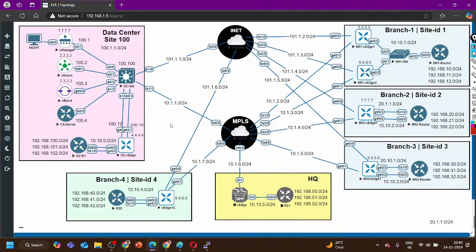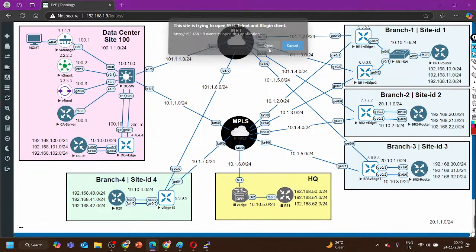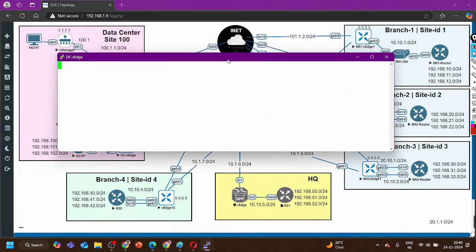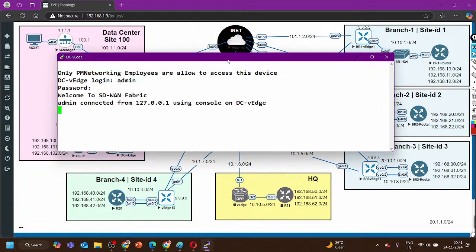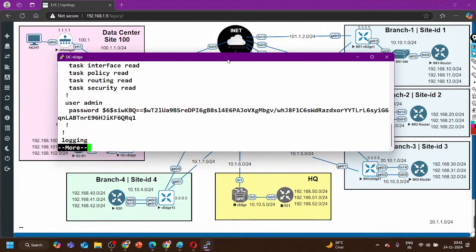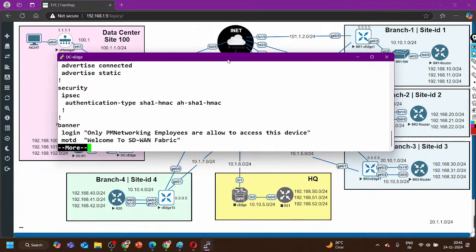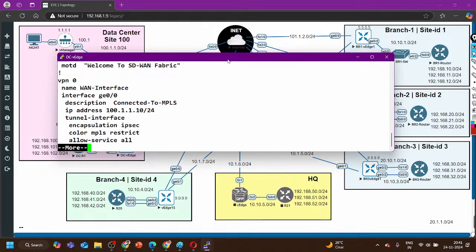Done. Now let me access this router DCVH, and in DCVH there are some verification commands. Let me check what the verification commands are. So run once. Let me check the running configuration once. In VPN 0,